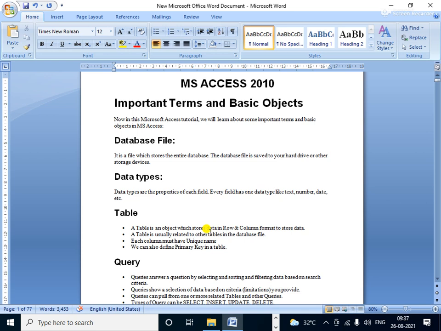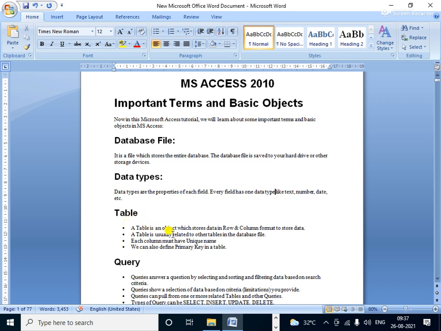And when you store the files and information, then for future use you apply the query function and report functions. And if any questions arise in your mind, you will ask in a very simple way with the help of the query. So first we discuss the table.